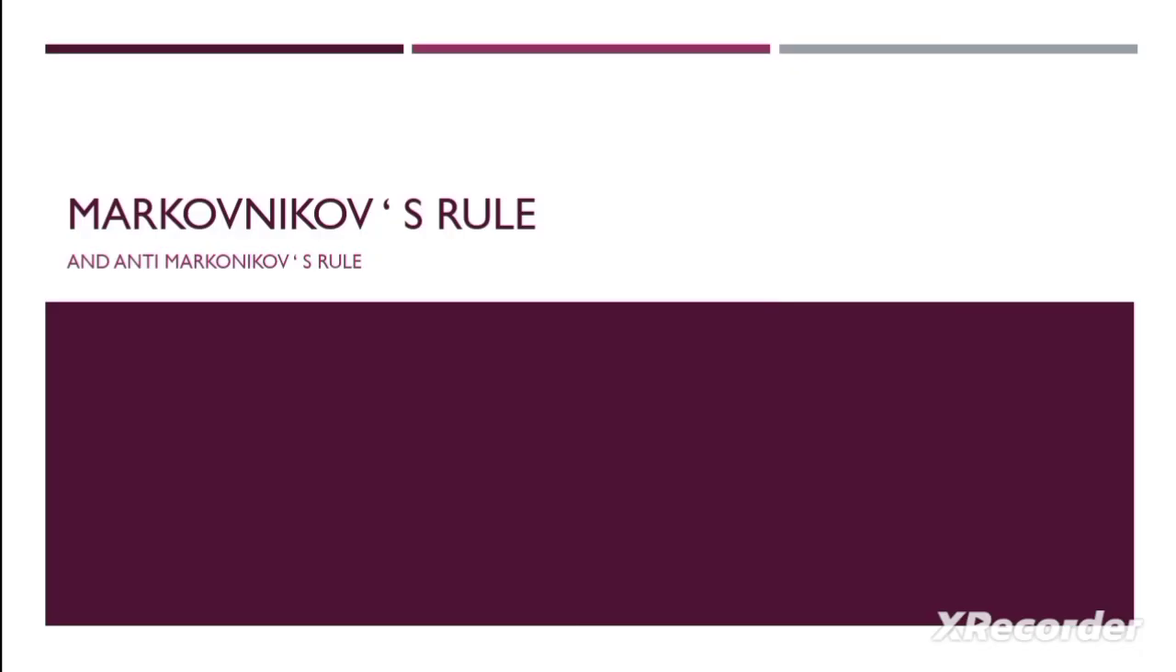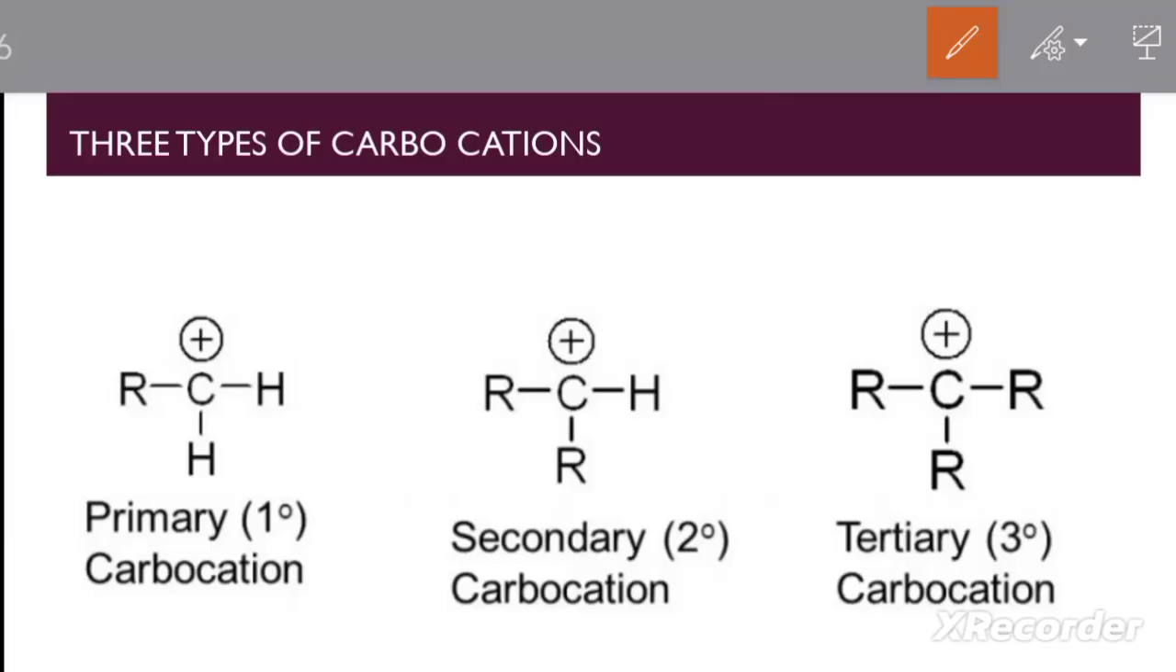Dear students, today we are going to discuss Markovnikov's rule and along with that the anti-Markovnikov's rule. Before moving on to Markovnikov's rule, first of all I will tell you what carbocations are. Carbocation means when you remove one hydrogen atom or R group from a hydrocarbon, then the one formed is a